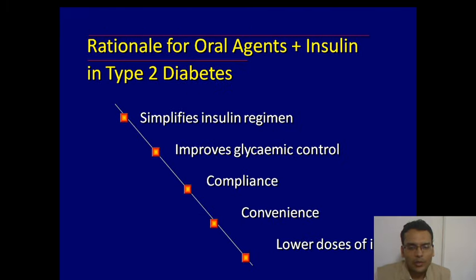And also in pregnancy, it is insulin which has been shown to be the safest. Rationale for oral agents and insulin in type 2 diabetes. So at times we try to use insulin in combination with the oral agents because it simplifies insulin regimen, it improves glycemic control, it improves compliance, it is convenient for patients at times, and it lowers doses of insulin that